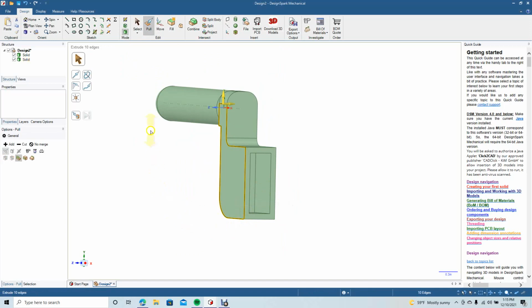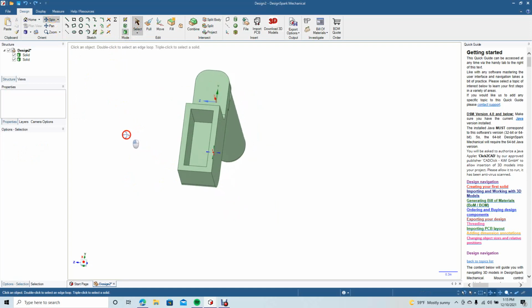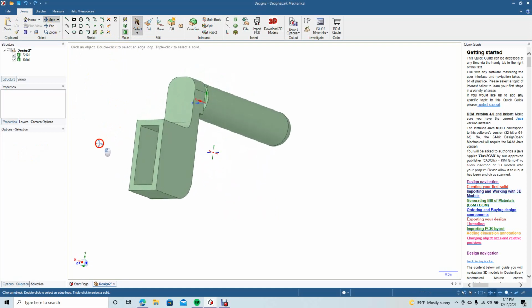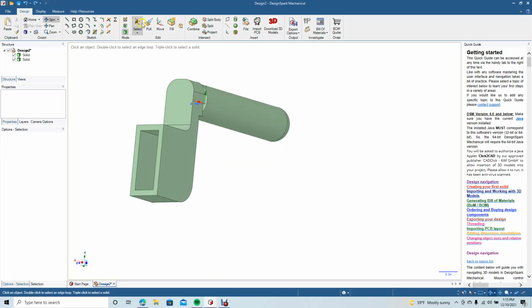click till everything is selected. Go ahead and pull. Oh no, I have the wrong thing selected, so let's go undo. Select off of it, undo. Okay. Go ahead and spin this. All right, I'm going to go ahead and